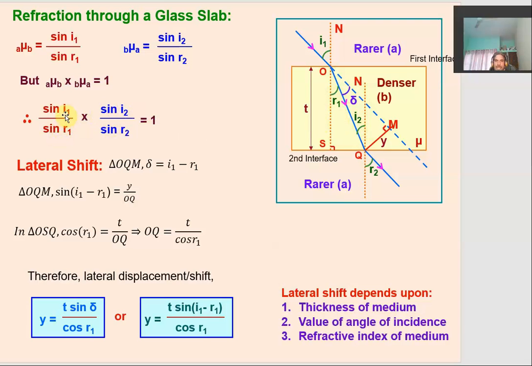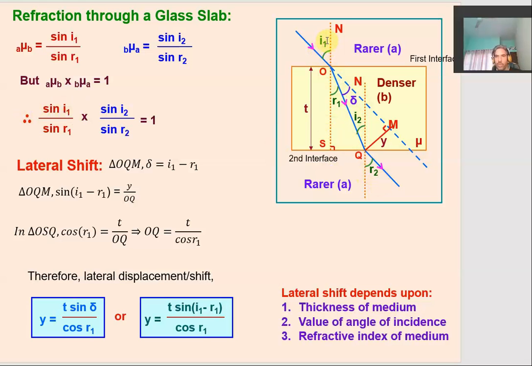The only thing left is sine I1 upon sine R1, so this will give 1 only whenever numerator and denominator both are the same, which is possible only whenever R2 is equal to R1. So the principle of reversibility of light gives us that R2 is equal to